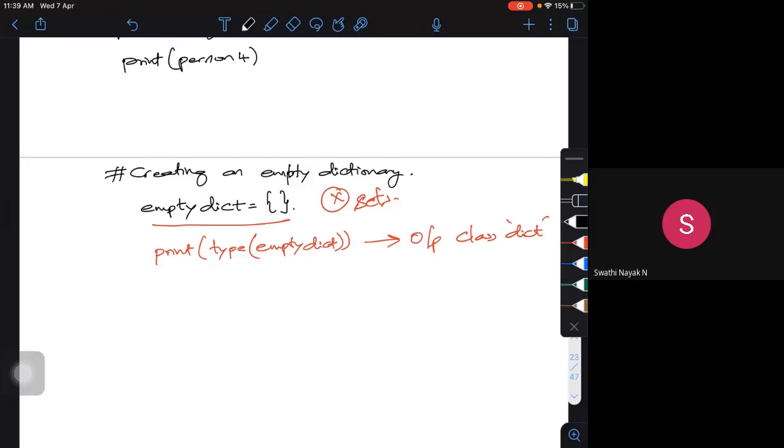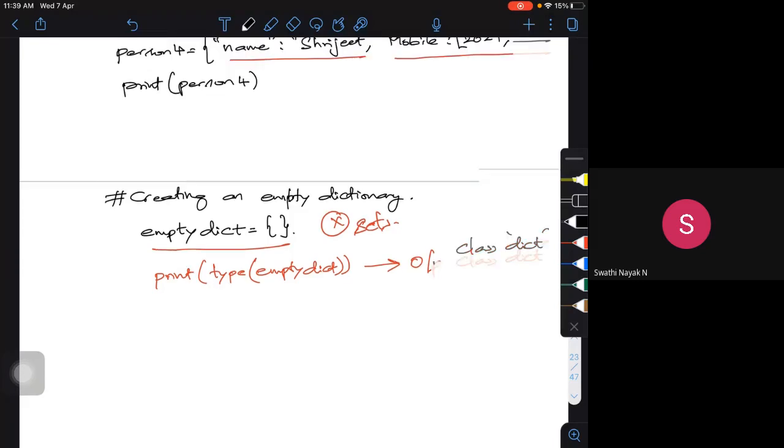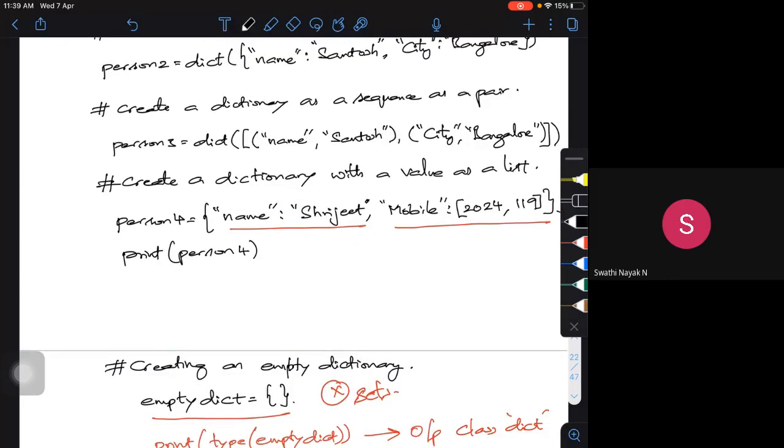Okay. Now once you create these dictionaries, how to access them? Whenever I say this is a dictionary with key pairs, this is my key, this is a value. In lists and tuples, we used to take the index. So here the key is nothing but an index. Now I want to access a particular person.